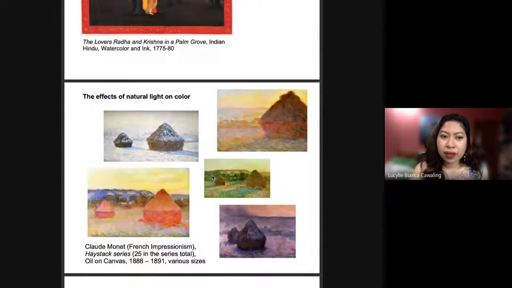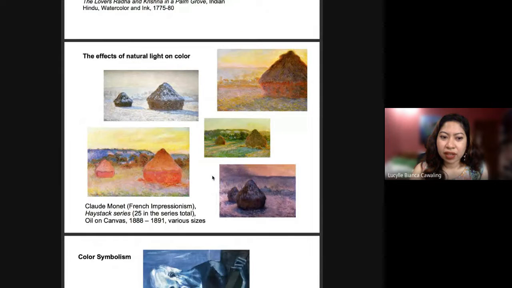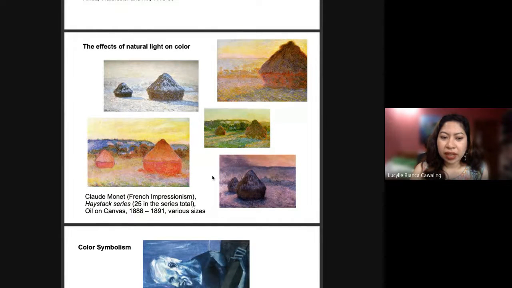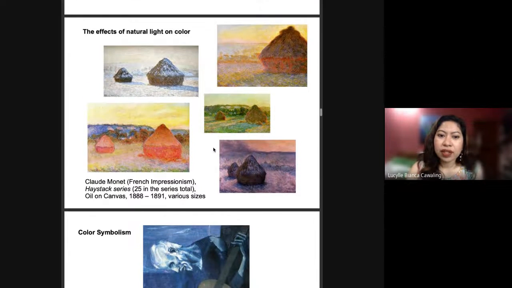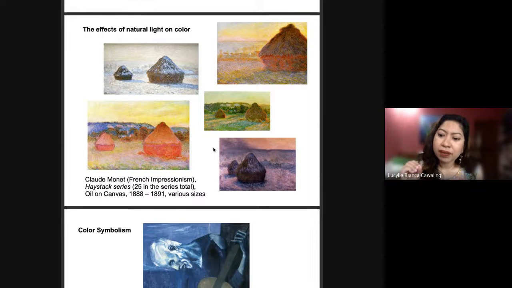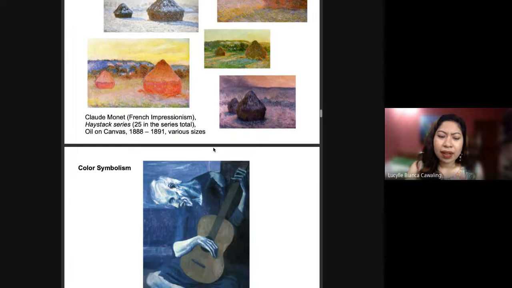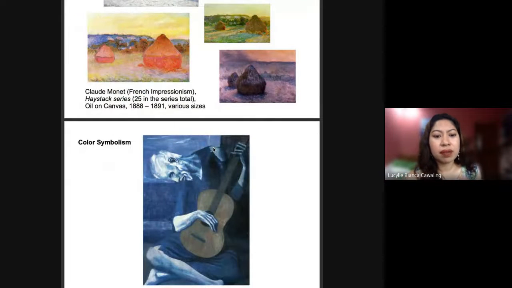And then you also have the effects of natural light and color. So you have Claude Monet, during his Impressionism period, in 1888 to 1891. So you could see how the natural light of color can affect a certain subject or certain subjects or even the same subjects. And then color can also symbolize